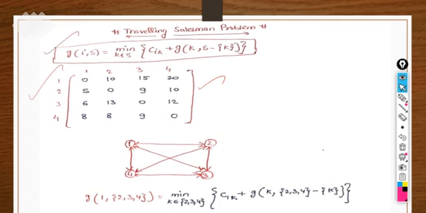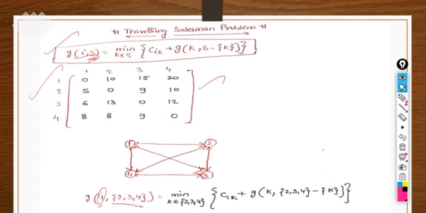So we have this formula to follow in order to find the optimal path with the minimum cost. What is it actually? g of i, S. So this is a function here. Here i is the one node from where you are starting, and again you have to come back to that same node, exactly that node. And what is the S? The list of the other vertices that you need to cover from one.